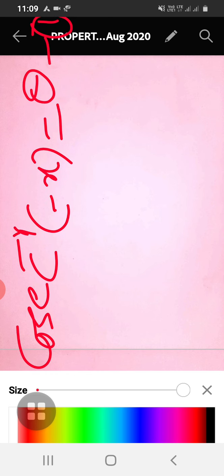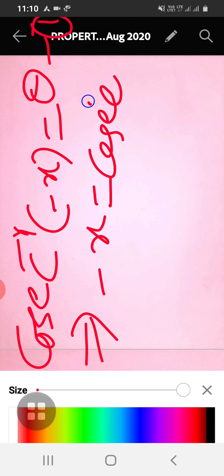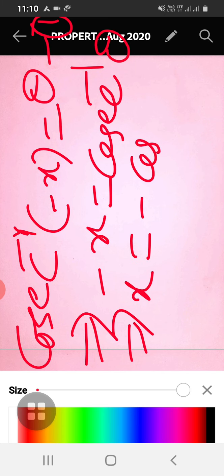So what we will do here is, let cosecant inverse of minus x be equal to, say, theta. This is equation 1. In the same way you can proceed. Transfer cosecant inverse to the right hand side, minus x written as it is. So I will get, okay, this is cosecant theta, not cosecant inverse here. Minus x is equal to cosecant theta. So x is equal to minus cosecant theta.